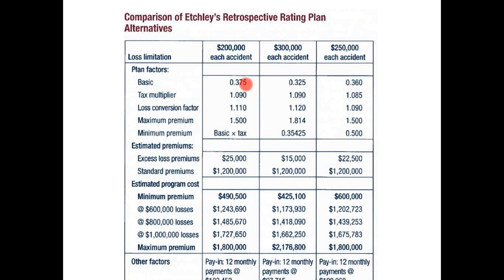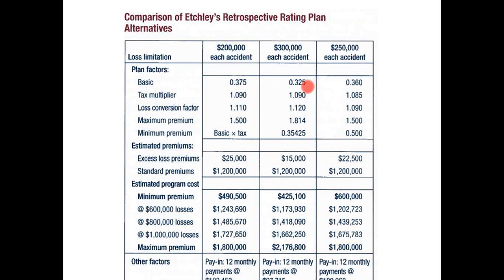That the basic premium would be 0.375. This one's 0.325. I guess that's the other thing. How they calculate the basic premium, as you saw before, is like 0.4. These numbers will be given to you. It's not something you're going to have to calculate, to say, okay, how do I calculate what the basic premium factor would be? So the plan factor for basic factor, you can kind of see that the